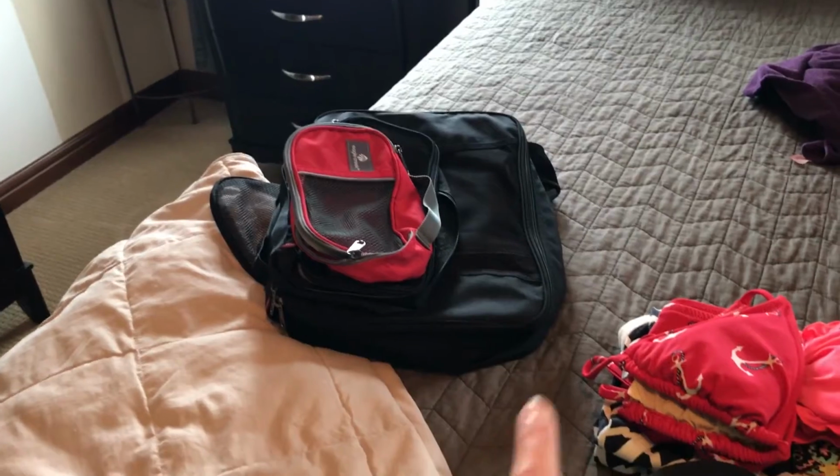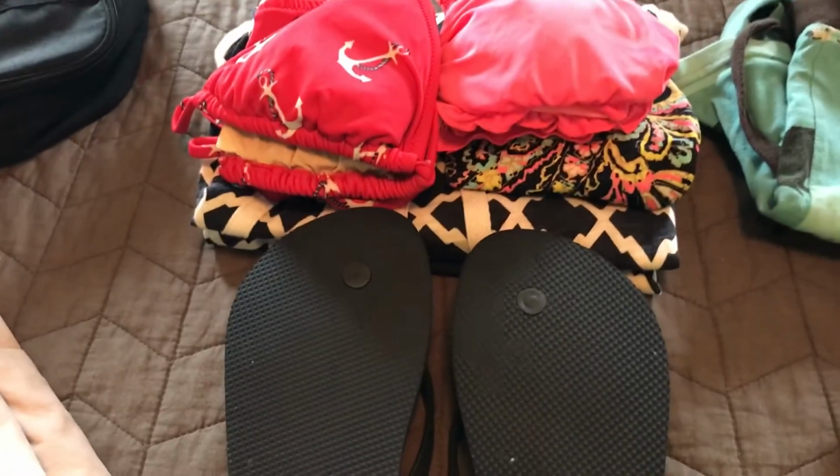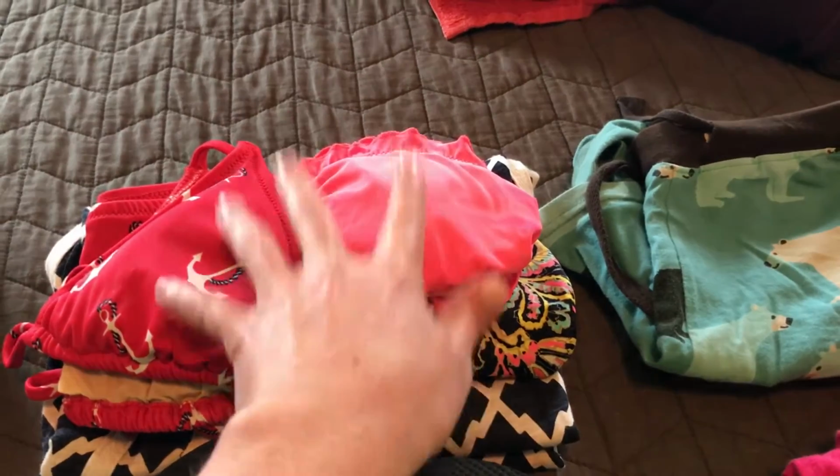I have my packing cubes over here. They're all inside each other, so there's quite a few more in there than it looks like. But I'm bringing 1 pair of just cheap Old Navy flip-flops. They look black, but they're actually navy blue. They go with my pool cover-up. I'm bringing 2 swimsuits,